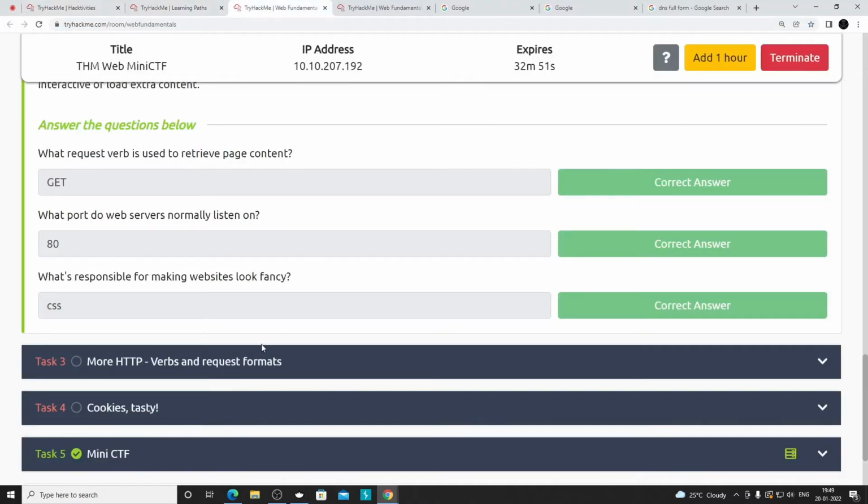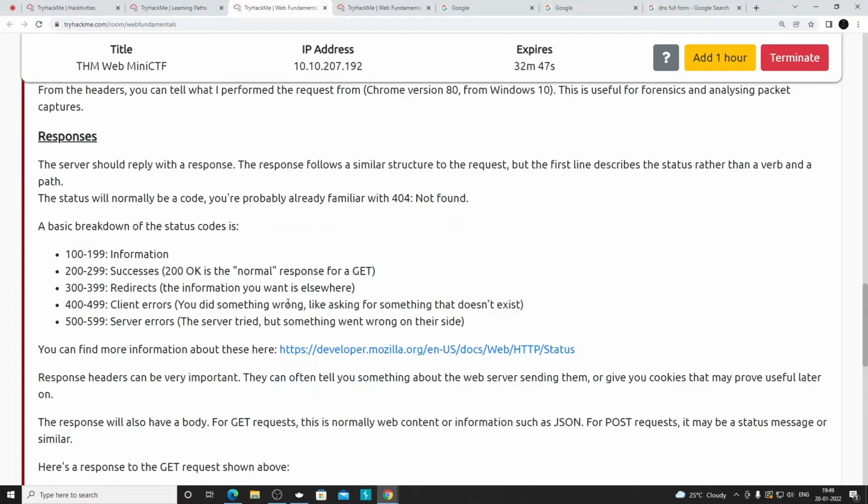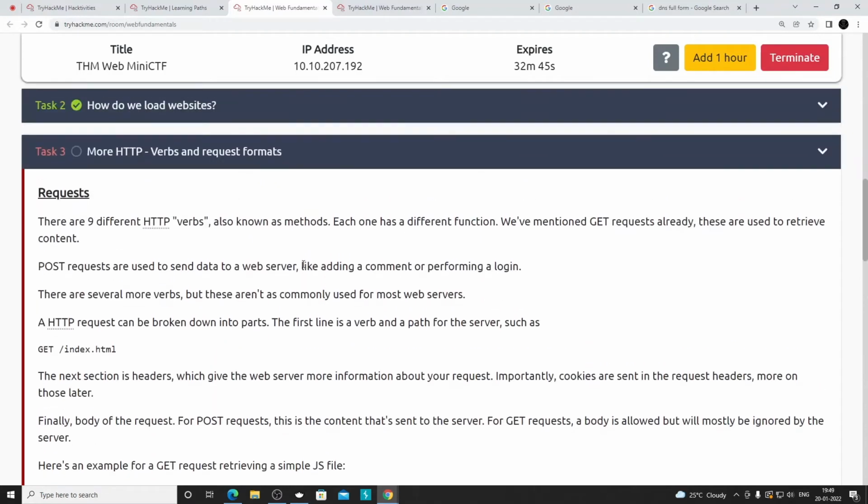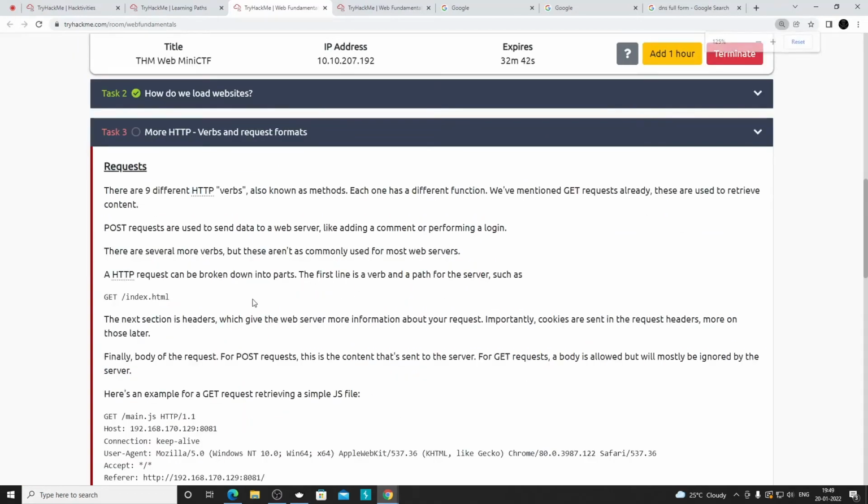Okay, so now moving on to the second part, we have more HTTP verbs and request formats. Understanding this is very important in case we want to understand the whole flow, how websites are loaded and how a website actually works. So I will show you. We have requests. Within requests we have 9 different HTTP verbs.